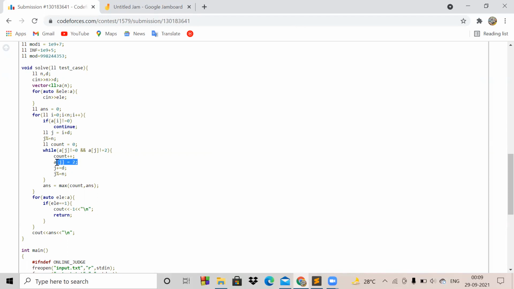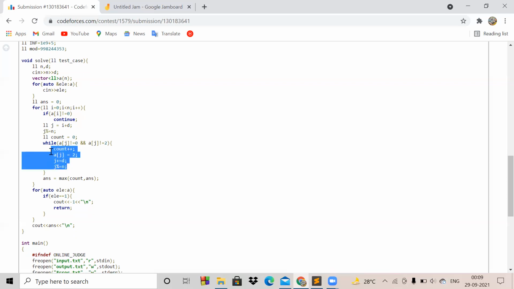If you do not convert it to 2 and convert it to 0 instead, it will also not cause any problem, because that 0 and all the elements that come after this element with these steps forward will also be 0. So this loop will not move forward and will break at this point only, so only plus 1 iteration will be there in time complexity, so it will not cause any problem.